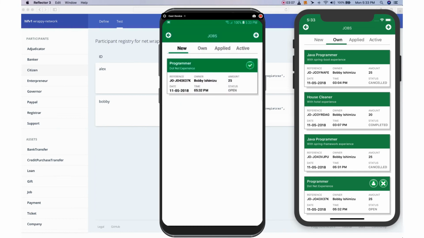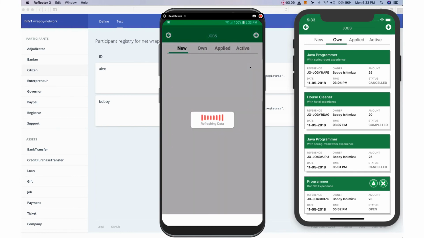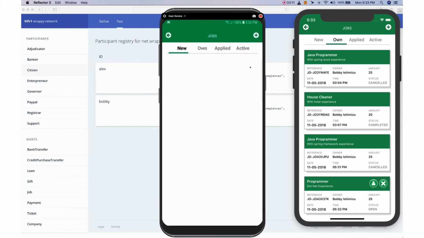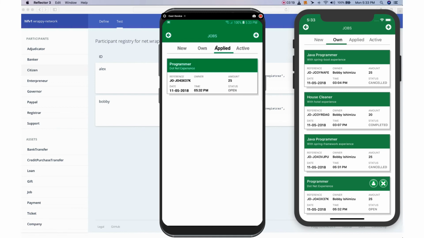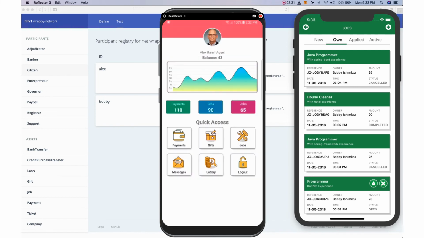Successful. Now here's the thing. After you have successfully applied for that job, it will disappear from the list of new jobs, and it will be transferred to the applied jobs. That means you have applied. These are the list of jobs that you have actually applied. Okay. Now let's try to simulate